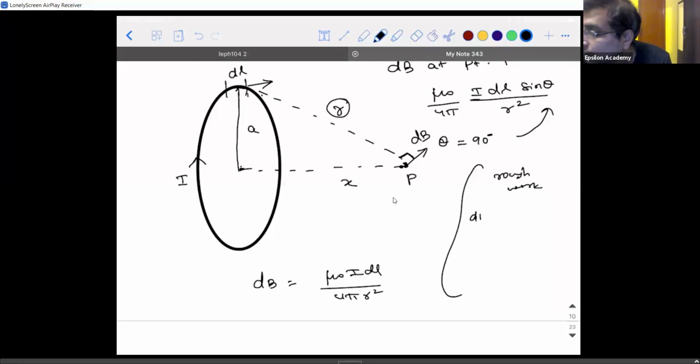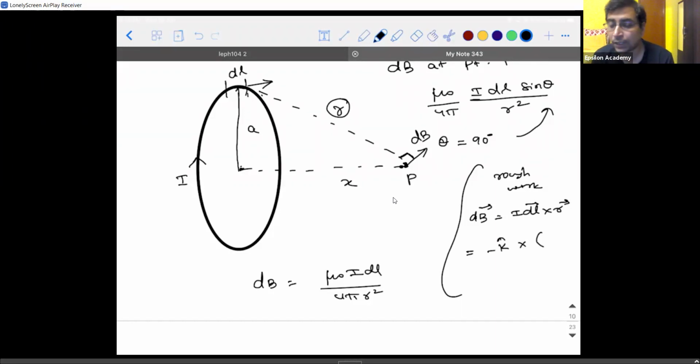Okay. So the direction of dB is decided by I dl cross r vector. See, don't think that I'm putting an equal to symbol. This is the rough work I told you. So I dl cross r will decide the direction of dB. So in this case, I is in which direction? You people told me it is away. So it is minus k cap cross.